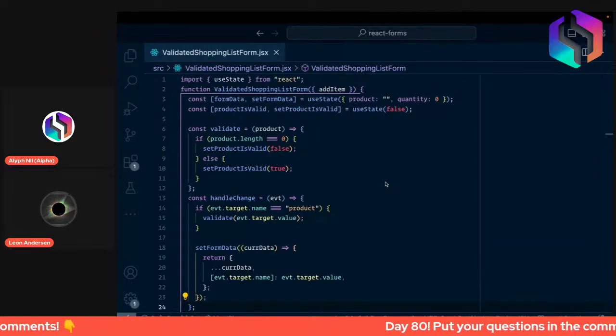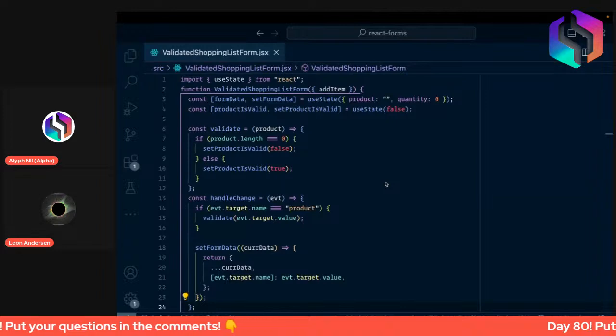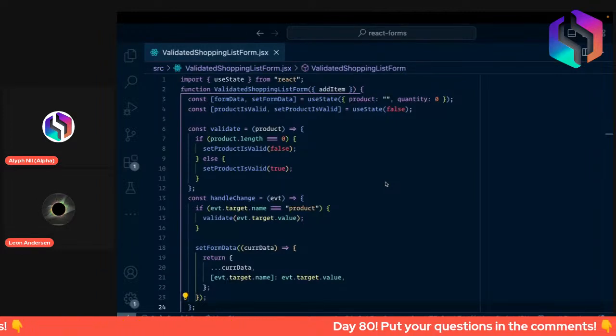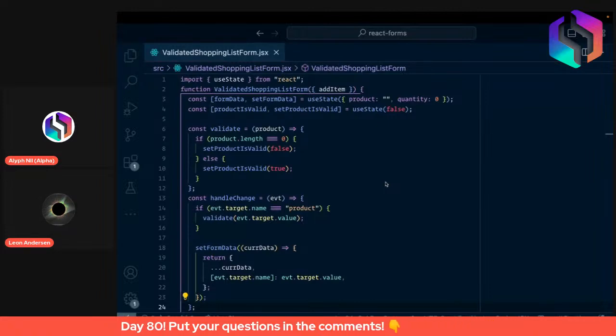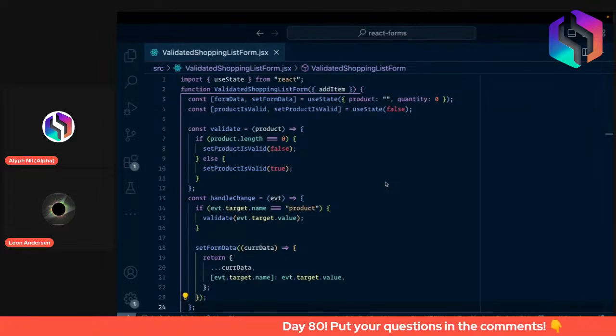So if we want to validate product, we have to separately validate. Let me check the